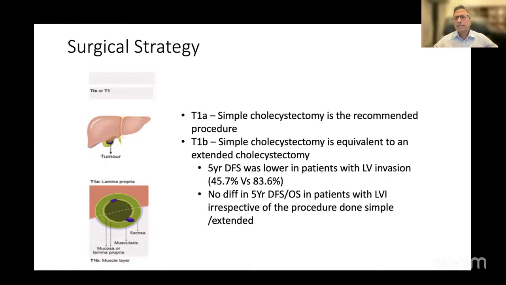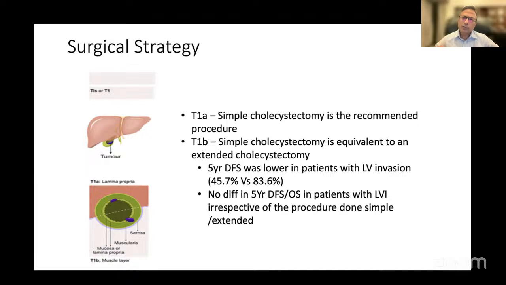Now, the surgical strategy, irrespective of which situation you are encountering, and Biju alluded to this at that point of time: here we are fortunate that we have a histology. As Biju was trying to say, it is very difficult to do a preoperative assessment of whether it is T1A, T1, T2 or T3. But after a histology, at least you are sure whether it is T1, T2, and so on. The data suggests that if it is T1A or T1B, a cholecystectomy is adequate.